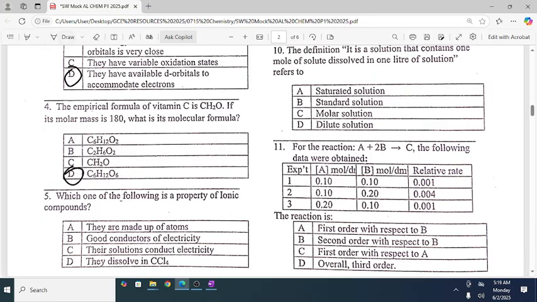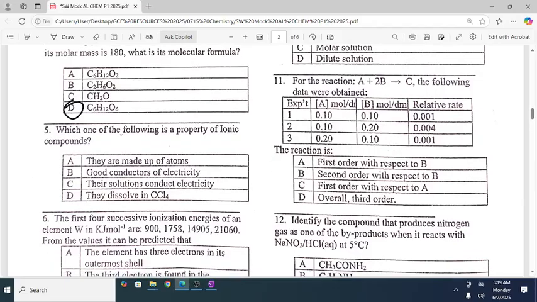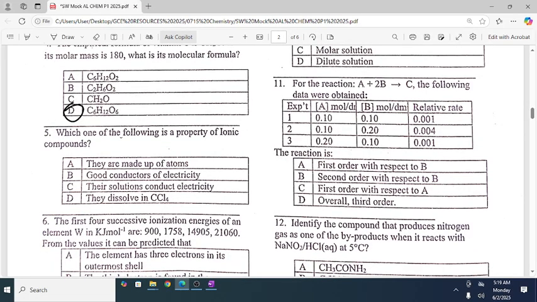Okay, so we are moving to number 5. Which of the following is a property of ionic compounds? Now, what is an ionic compound? An ionic compound is a compound formed from ionic bonding. I think my definitions might not really be the best, but I'll just try to explain from what I can remember. So an ionic compound is a compound that is formed from ionic bonding, and ionic bonds are formed